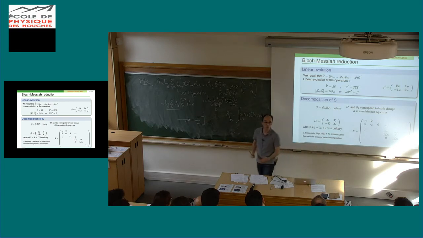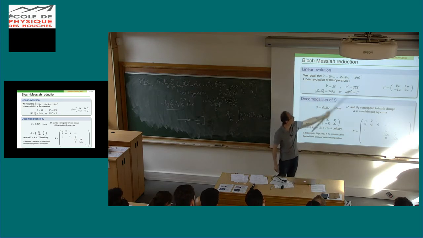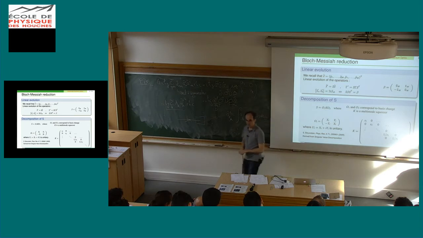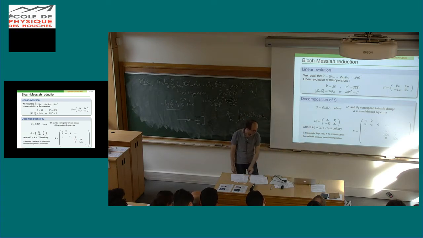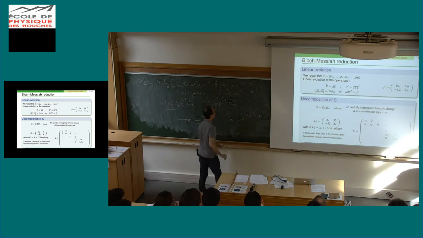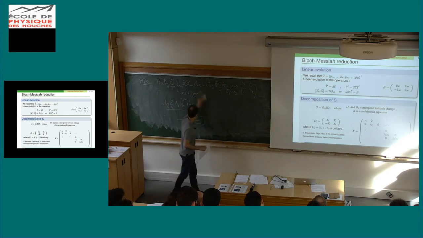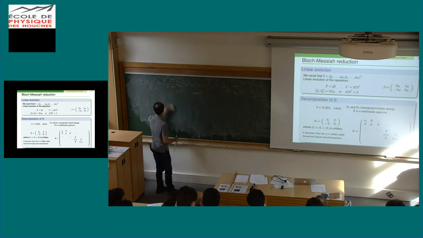So we'll have a state which is squeezed with an S squared variance on the first mode, and 1 over S squared variance on the P quadrature of the first mode. Okay? So don't hesitate if you have questions on that. It's important to understand. And then I will try to comment on what the physics behind it is, and then switch to some experimental examples. So the message here is that any linear evolution can be decomposed into basis change and squeezing operation.